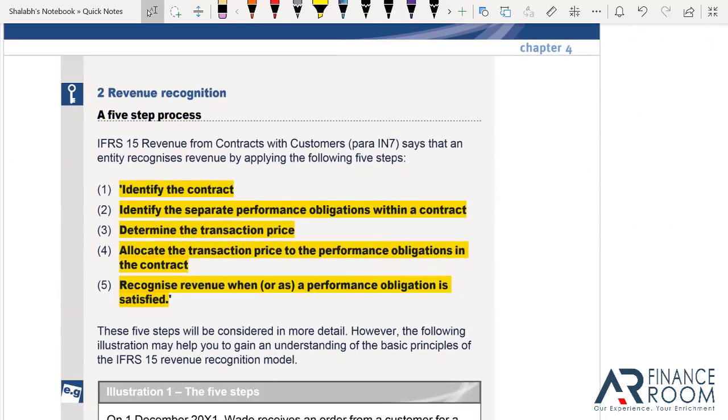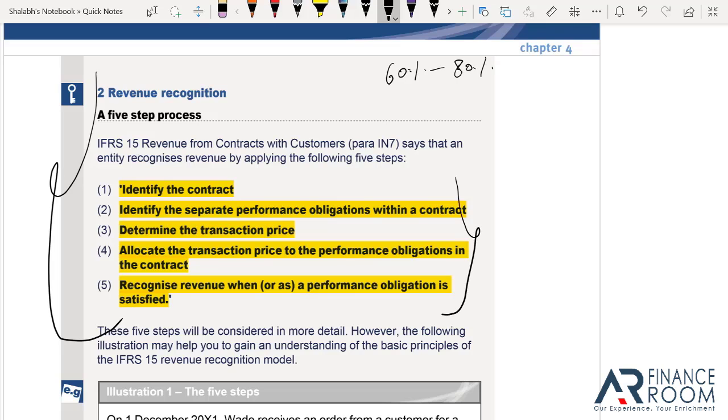Now this is it. The most famous, the most comprehensive revenue recognition setup. This is 60%. Or in fact more than that, 60 to 80% of your chapter is within these 5 points. That's it. It's a 5-step process to recognize revenue. How do you come to a decision that okay, this is revenue? How do you account for it in your books? At what value do you account for it in your books? When do you account for it in your books? It is all in this. Okay, all right.